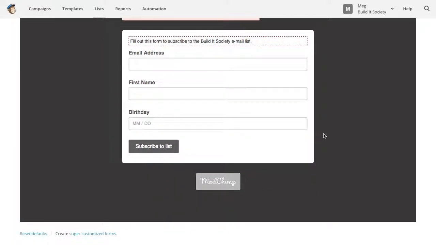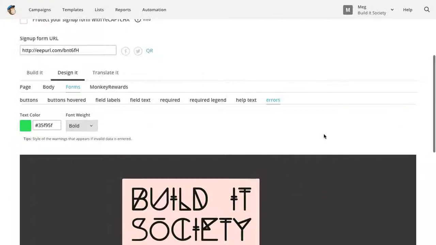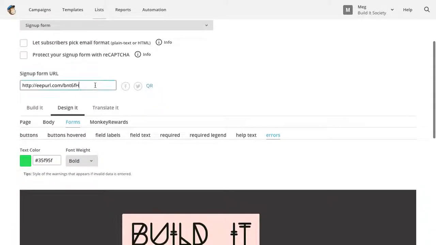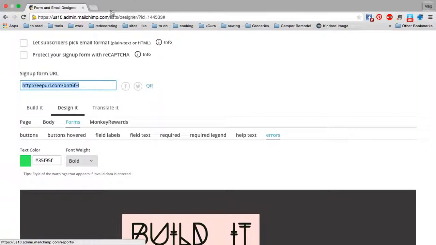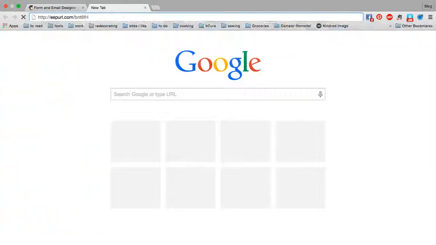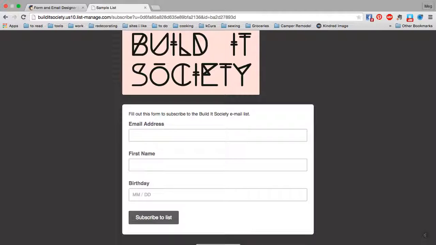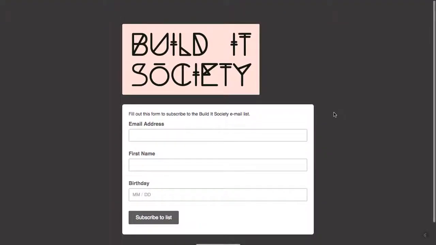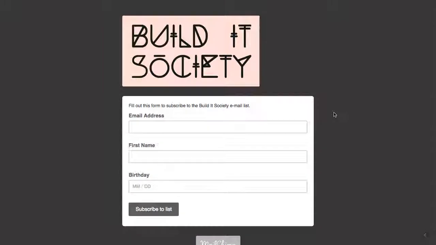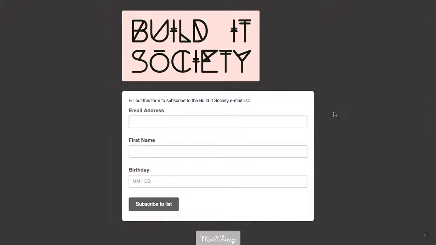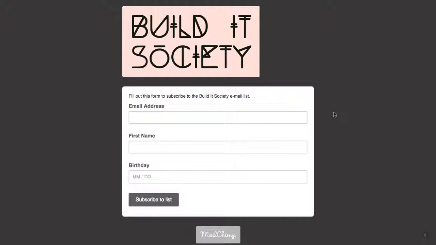And once you're happy with it, all you need to do is take this URL and copy it, and I'll open up a new tab here to show you. And that's now the URL of your sign up form. So you can take that URL and point a tab from your website at it, or put it on your Instagram profile description, or wherever you want to start capturing these from. It's really easy. And then all someone would have to do is put their information in